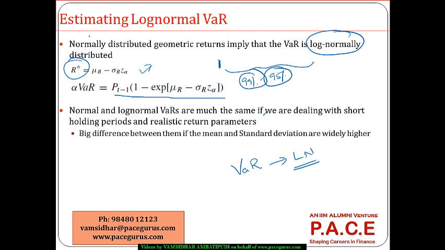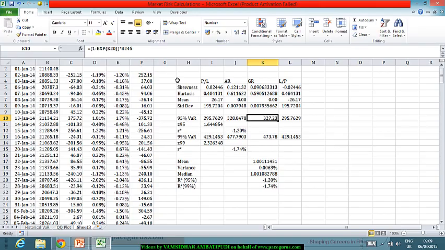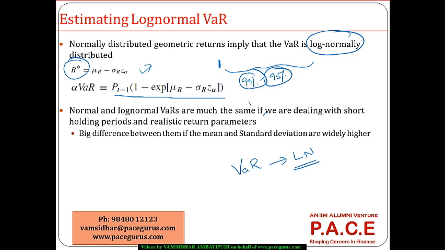So if you look at it, the normal as well as log normal VaRs, this is a normal VaR, this is a log normal VaR, for 95 as well as 99 are much the same